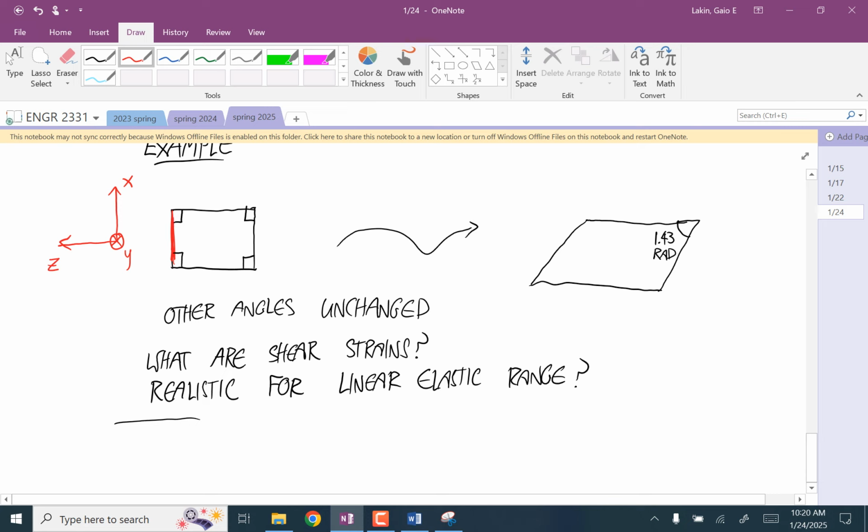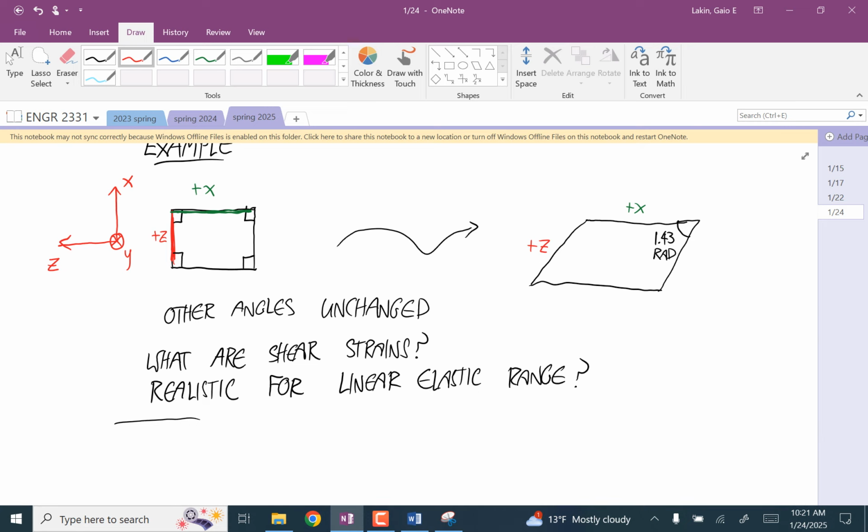Okay? The positive face is the one where, if you put the origin inside the element, it's the face that the axis is coming out of, like an alien. Okay? So this is positive Z. This is positive X. So this is positive X. This is positive Z. And so in other words,